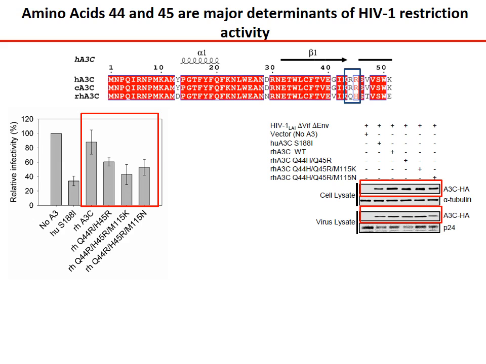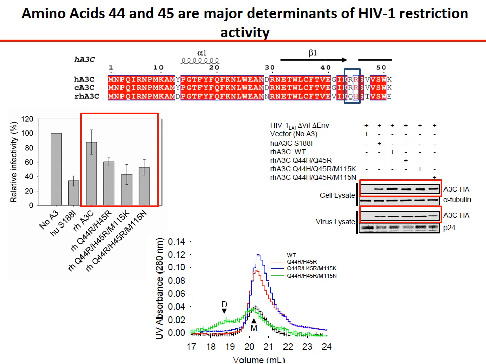Since previous studies have reported the activity of A3C is correlated to its ability to form dimers, we purified wild-type and mutant rhesus A3C using SF9 insect cells and used size exclusion chromatography to determine their oligomeric state. As you can see, the triple mutant with asparagine at position 115 had two peaks,